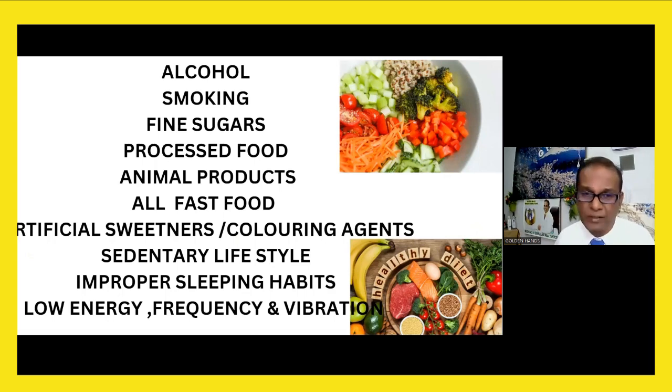Now, if you're a person drinking alcohol, smoking, loving fine sugars, eating processed food, eating fast food, eating a lot of animal products, artificial sweeteners, coloring agents, having a sedentary lifestyle, improper sleeping habits, and if your energy fields are low in frequency and vibration, you are definitely a person eligible for all the diseases under the sun. Now, there will be a lot of hanky-panky things happening in your stomach, in your body,